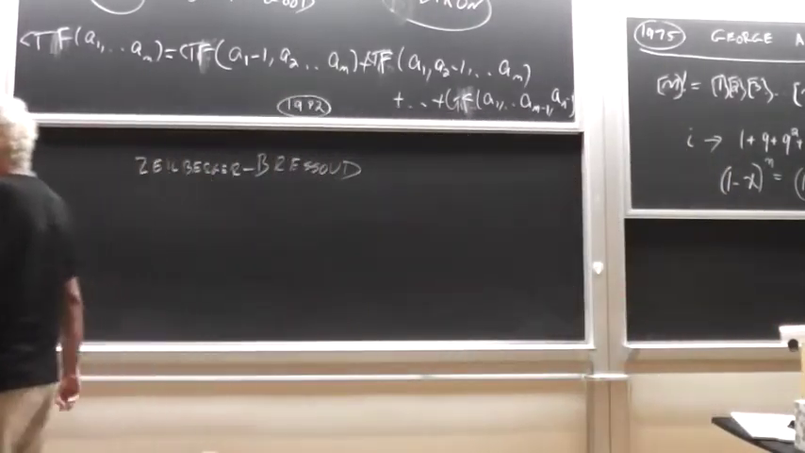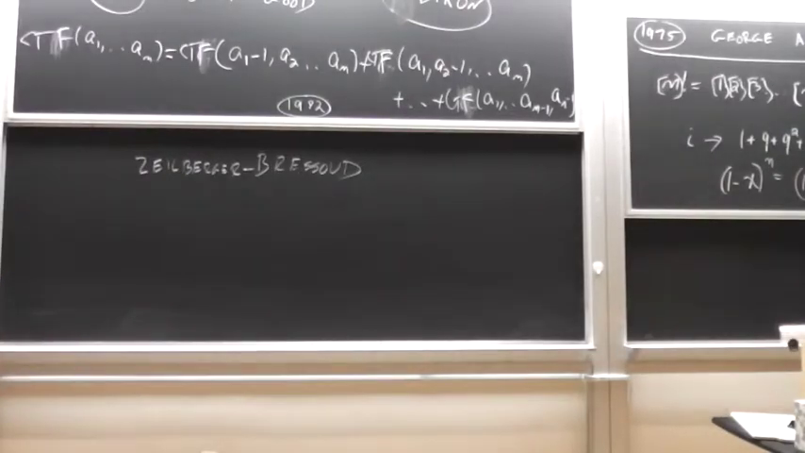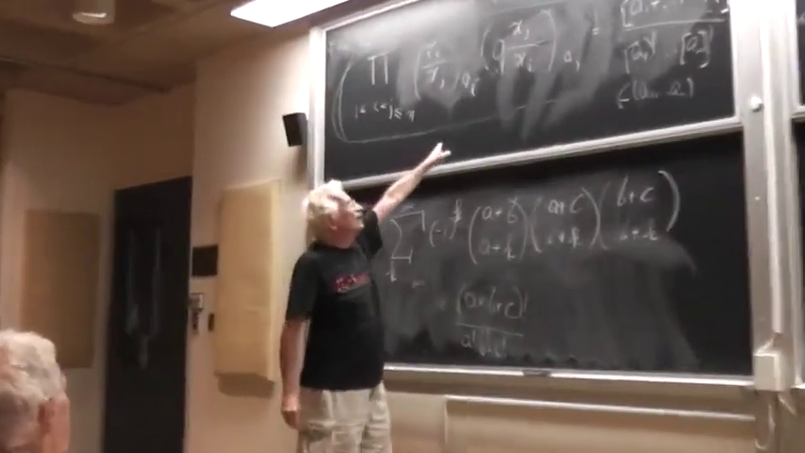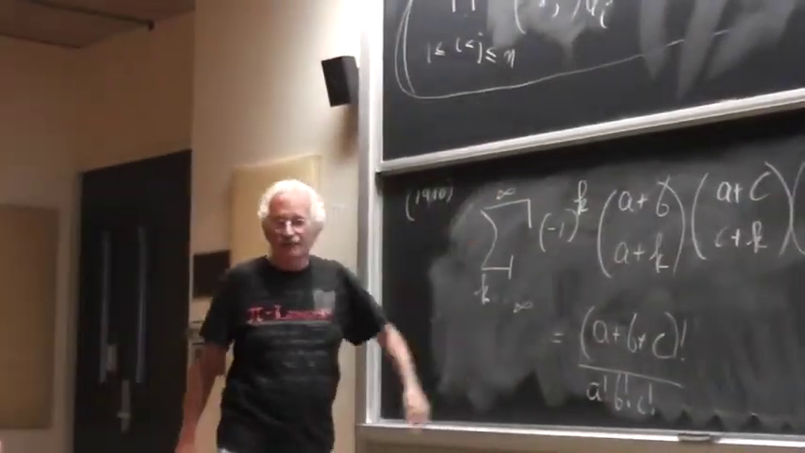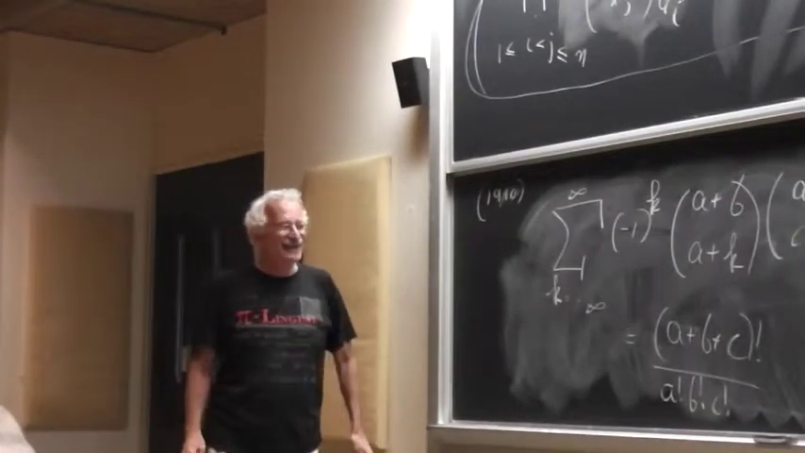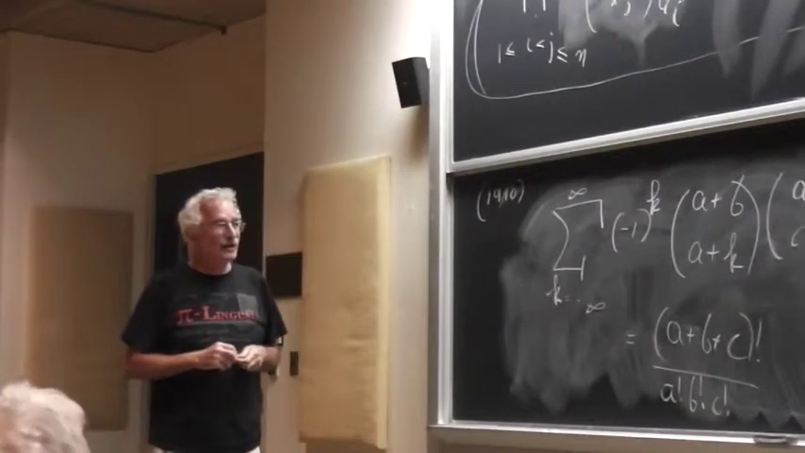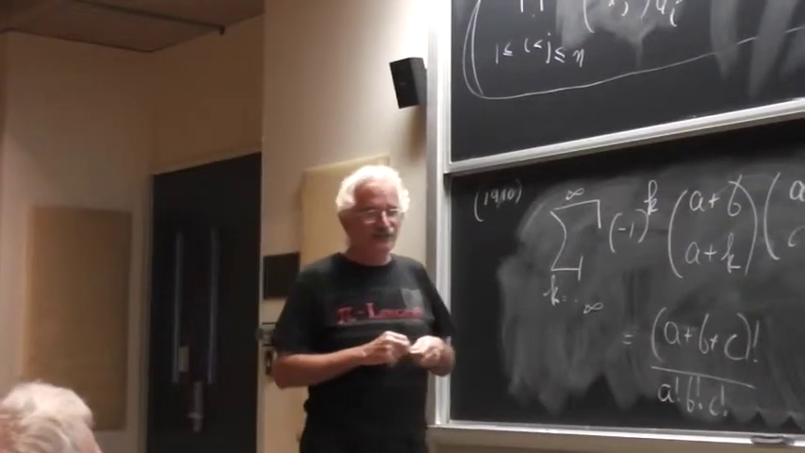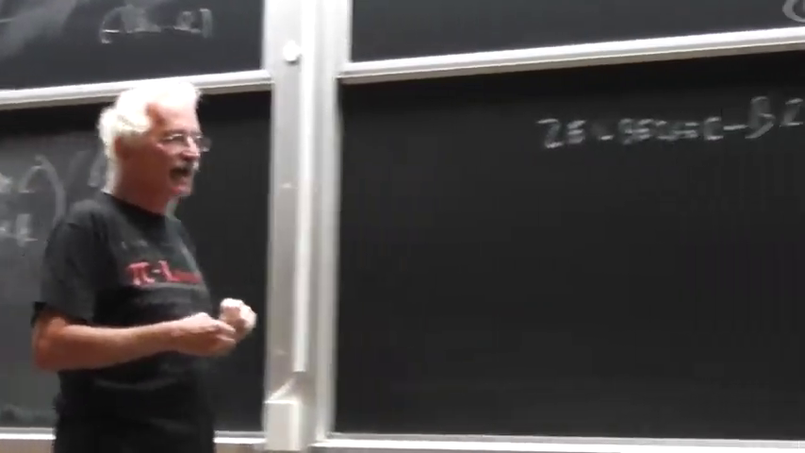But then John Cambridge, a former student of Peter Stanley, in his dissertation found a much simpler proof, but for the special case where all the AIs are the same. But nobody could find a simple proof in general. Then about 8 years ago, or maybe 7 years ago, Ira Gessel